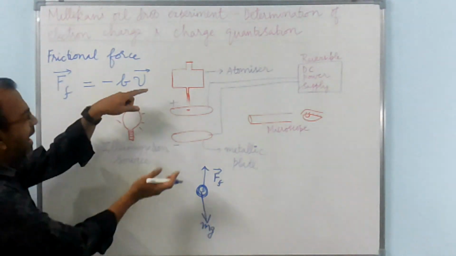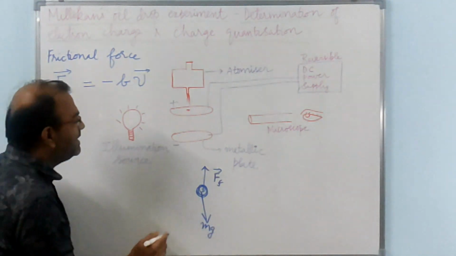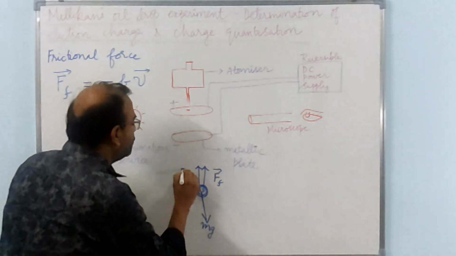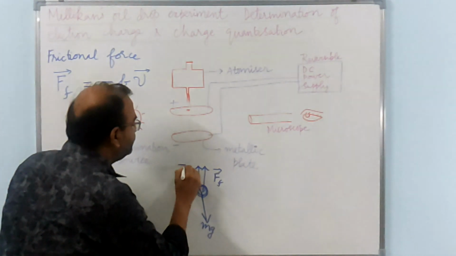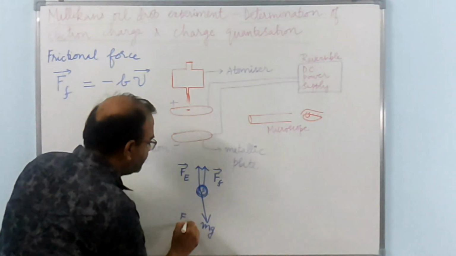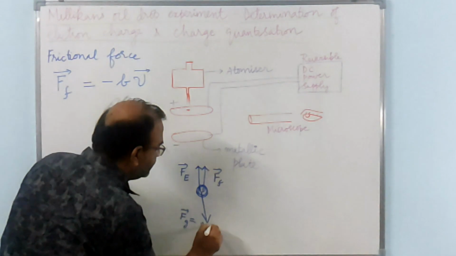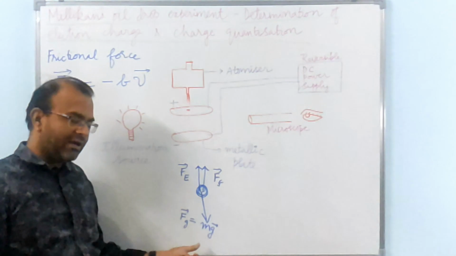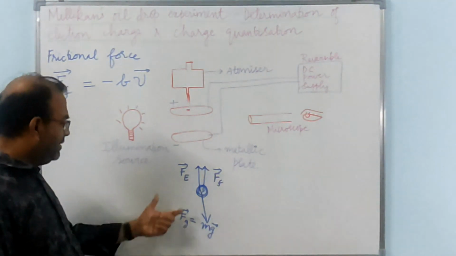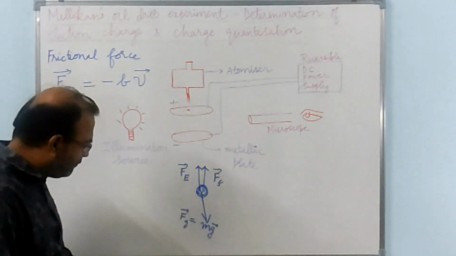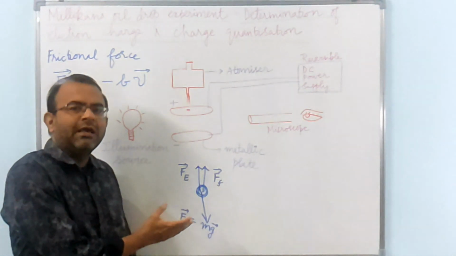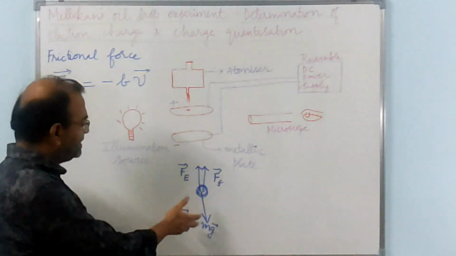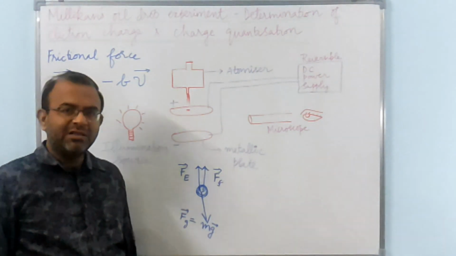And then obviously we are applying an electric field, and the electric field is going to be in such a way to balance this gravitational force, so that is going to act upwards. Because of its downwards direction, it is also assuming a vector character. Now these are the forces basically, and of course there is another force, that is the buoyancy, that keeps the oil drop afloat, but that is too small compared to these other three forces, so we are ignoring the buoyancy